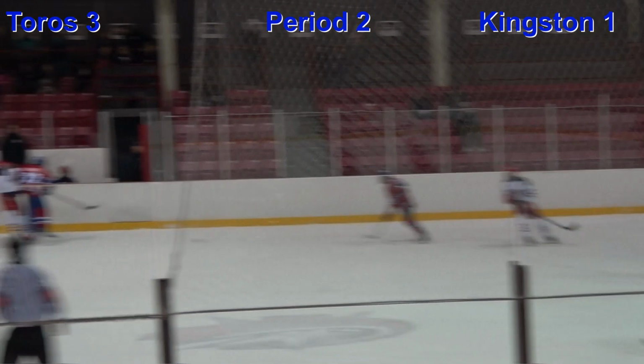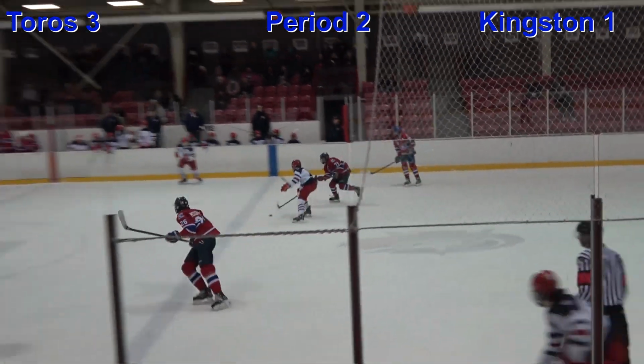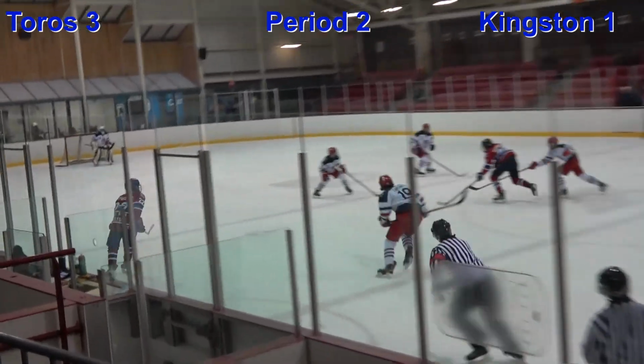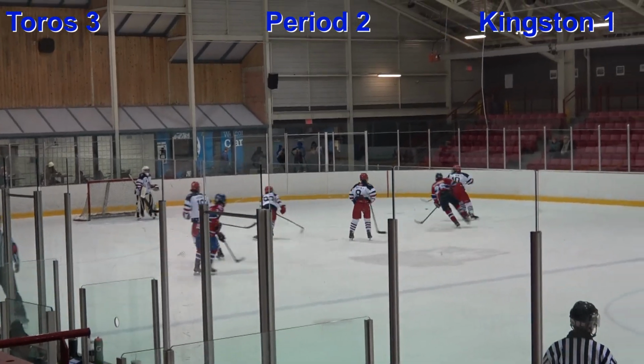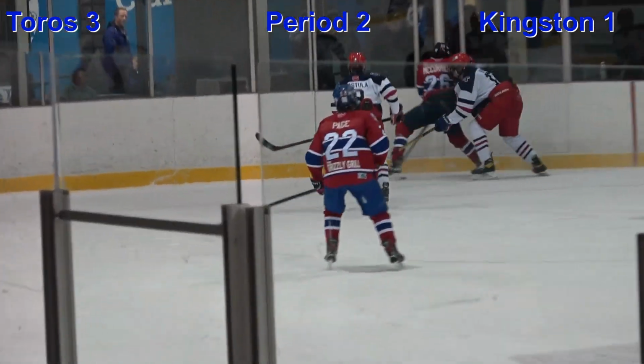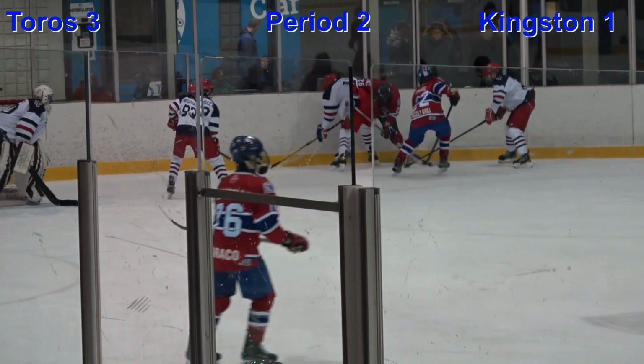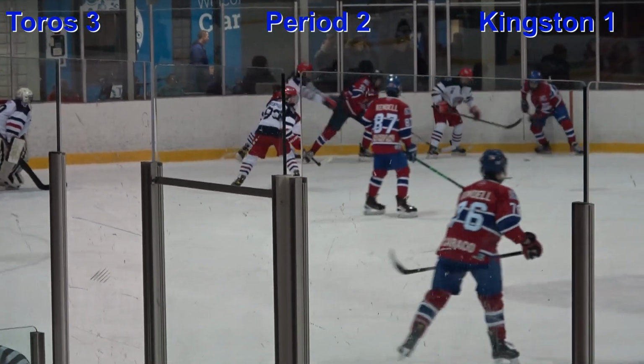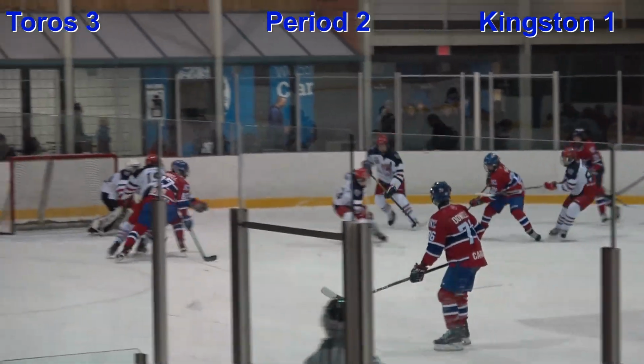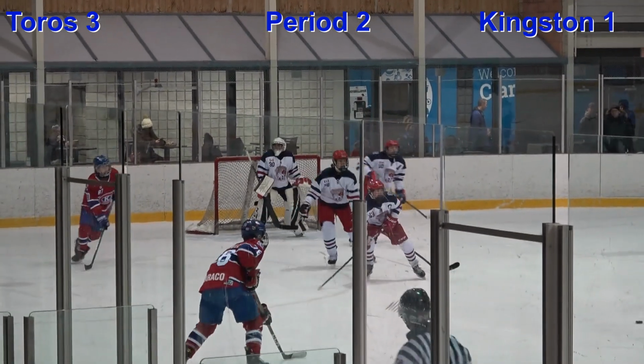He's got a man going to the front of the goal with Brock Gardner, if he would have got a pass over there to him. Here comes McCormick with it now along with Page, but can't get a pass to him. Ben Shaw back in his own end to try and dig it free. Getting some help there to try and dig it out, but Kingston come out with it, and they can't shoot one to the front of the net though.